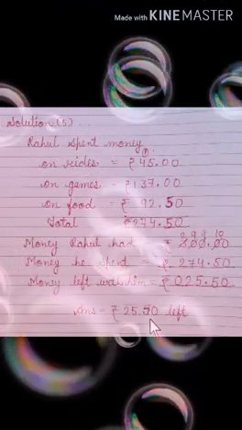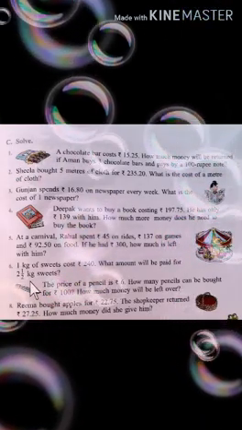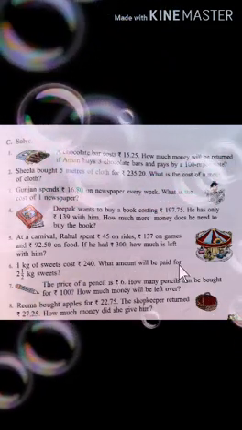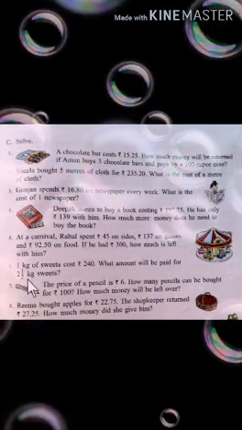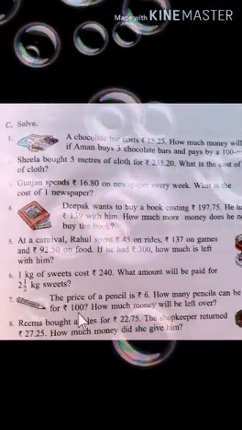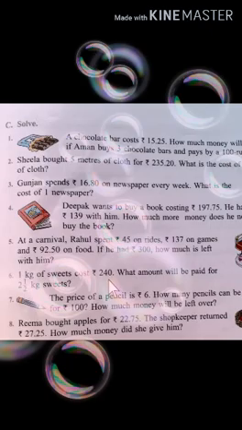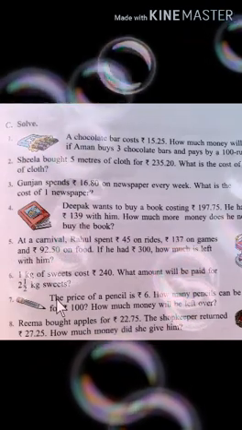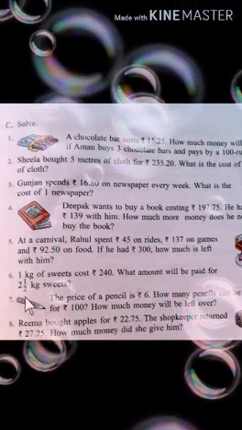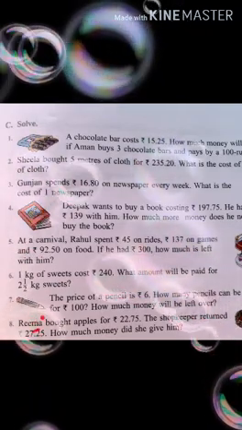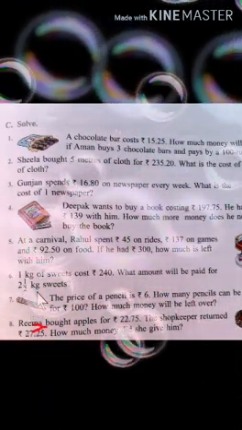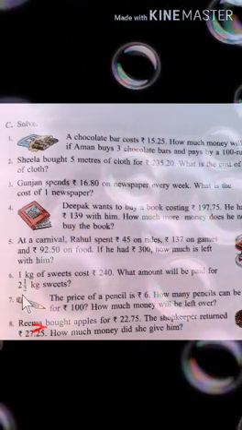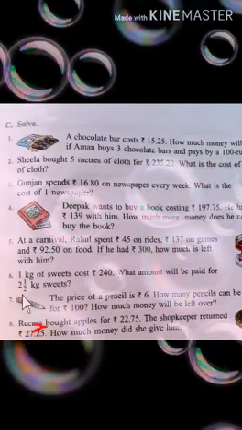Now let's check question 6. Now look at this. 1 kg of sweet costs rupees 240. What amount will be paid for 2.5 kg of sweets? Let's check it. This is a very interesting question. The cost of 1 kg sweet is given, and you have to find out the cost of 2.5 kg. It means you multiply. But for 2.5 kg, you split the 2.5 separately, and first you find out the cost of 2 kg sweet by multiplying 240. Then the cost of half kg sweet, half multiplied by 240. But when you find out the half, then divide by 2. After that you get the total.